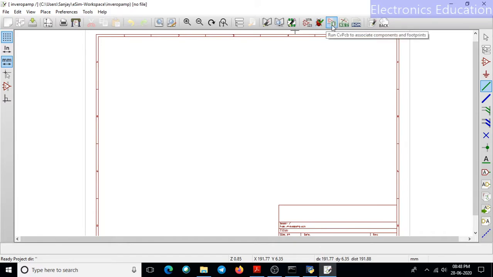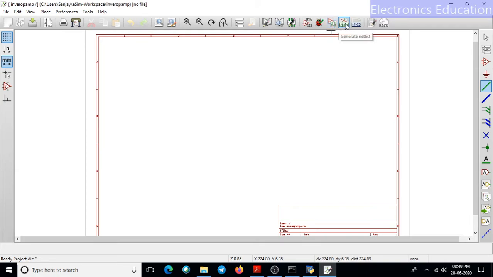Then we have the CVPCB button. This particular button is associated with generating .NET files and CRI files. These are two types of files we want to have for the design of the PCB.